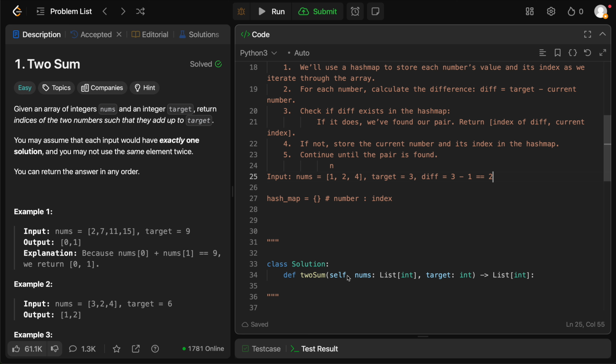And we're going to check, oh, is 2 in the hash map? No, 2 is not in the hash map. So then let's add this value. And then we're going to continue on the iteration. 2. We're going to calculate the new difference. So 3 minus 2